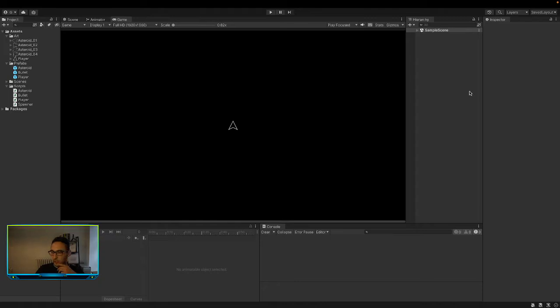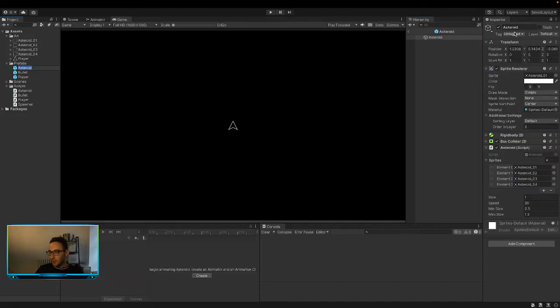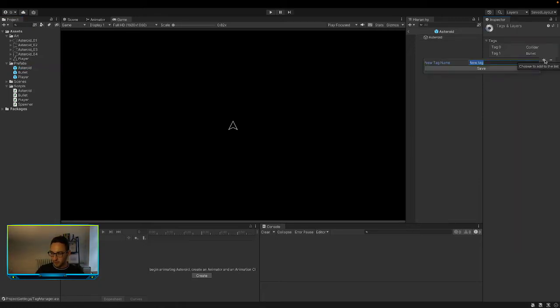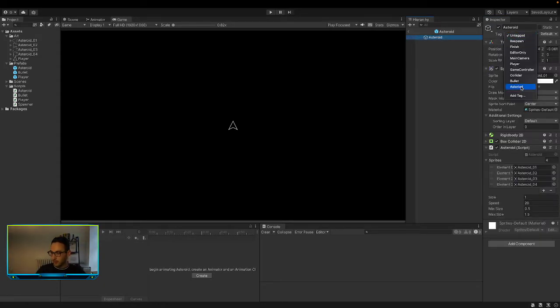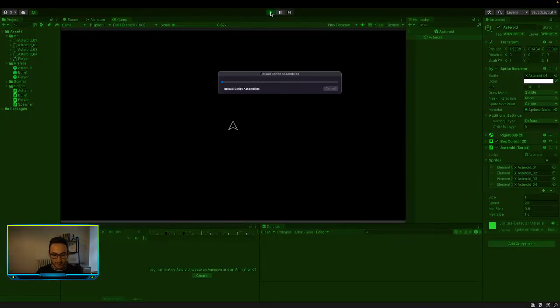If we click on our asteroid prefab, open that up. The tag of our asteroid is not set to anything, so we need to create a new asteroid tag. So let's add in an asteroid tag, and then go back onto our asteroid and add that onto the asteroid game object. Now if we play the game with our tag on the asteroid,